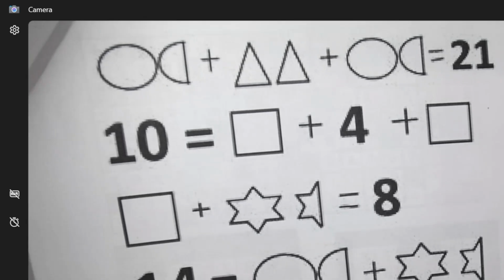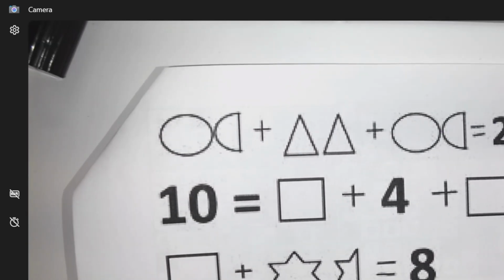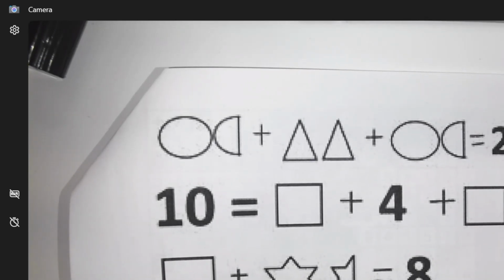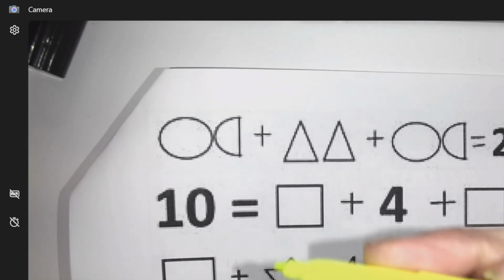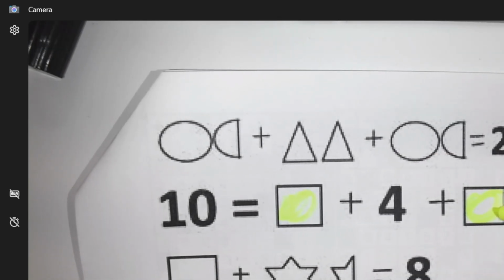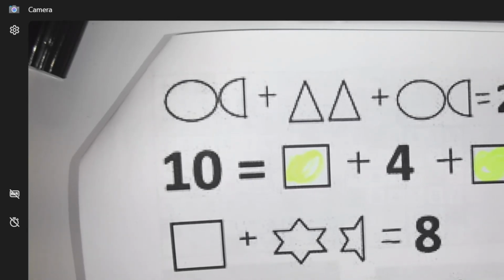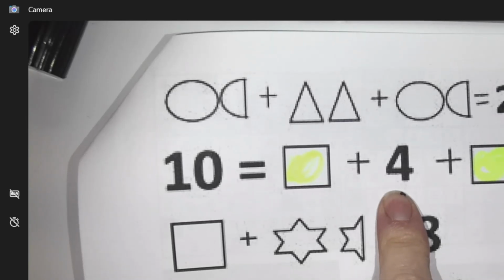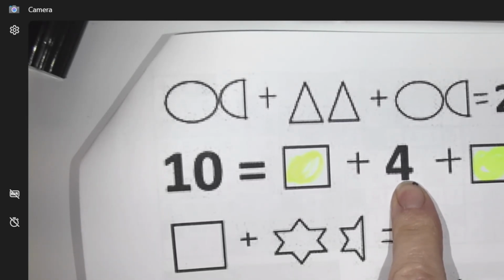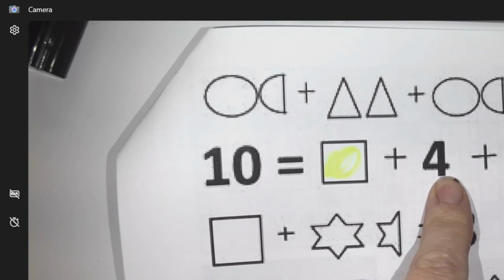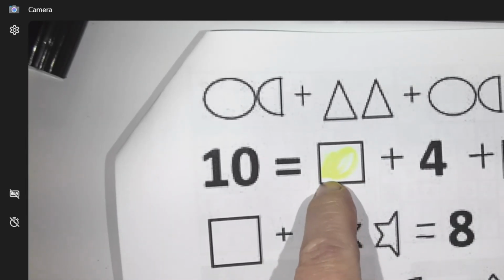Okay, so this one is a figure out the shape puzzle. Every time you see a square, it's the same as another square. So I'm going to start you on this line. You have to add up to 10. So if I've already gone for 4, how much more do I need in this? 6. 6 more. And if each square has to be the same number, then they are each